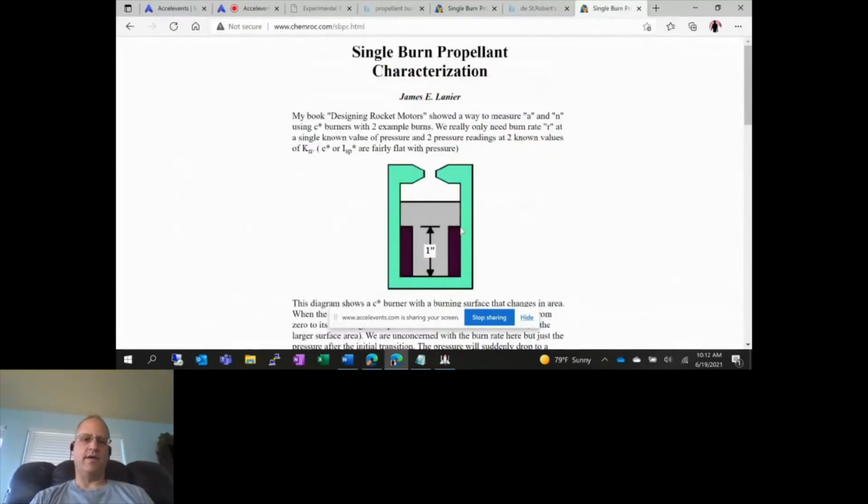This one's actually a little bit more enhanced because it's got 2 different diameters of propellant, so you could do this with a single burn. The hard part here is getting this entire surface lit evenly. But ideally, you could do 1 single burn. When this portion burns, you've got 1 pressure, and based on how tall that is, you know how long it takes, so you get your burn rate. Same thing, you'll see a transition to a lower pressure, and so you get 2 data points out of a